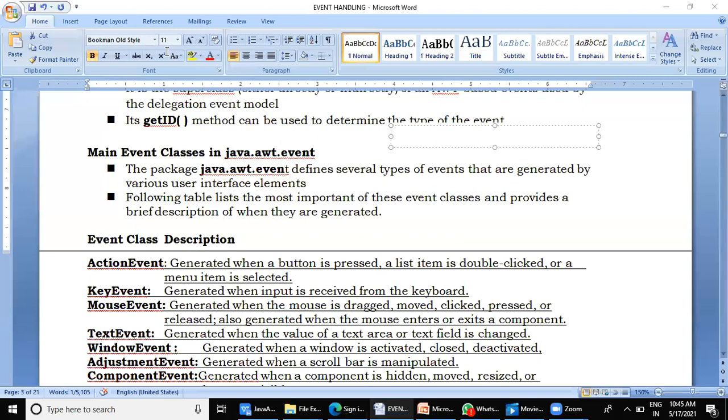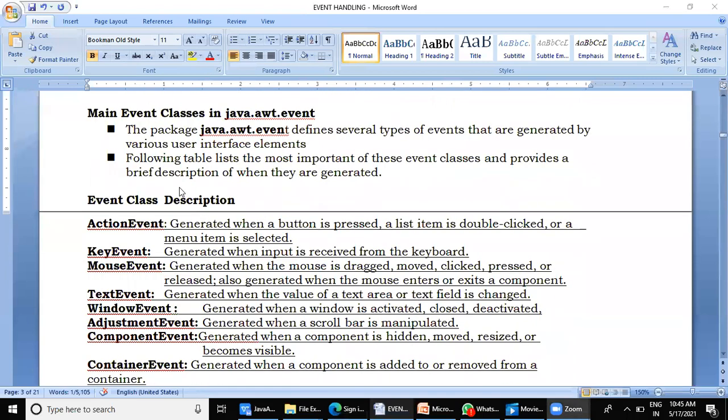Then you have list boxes, radio buttons, check boxes, normal buttons, tabs. So many components are there. All these components are defined in the AWT package, and the events related to all those components are defined in the java.awt.event package.